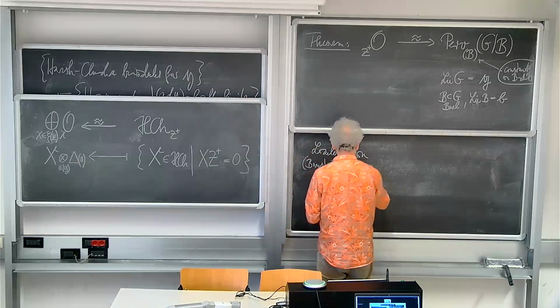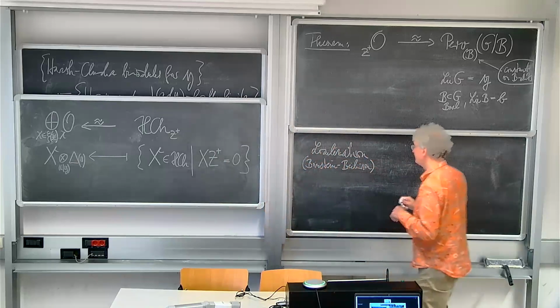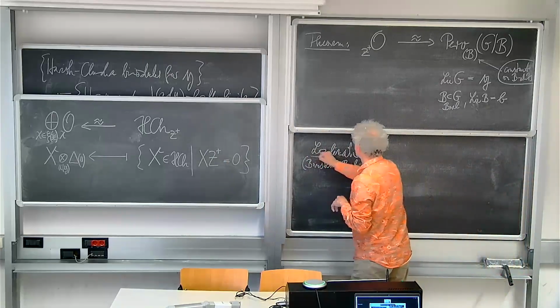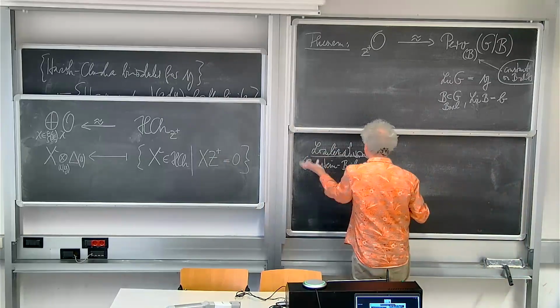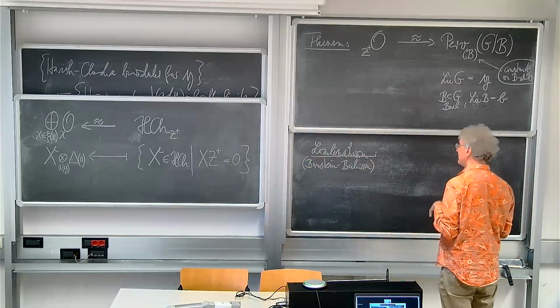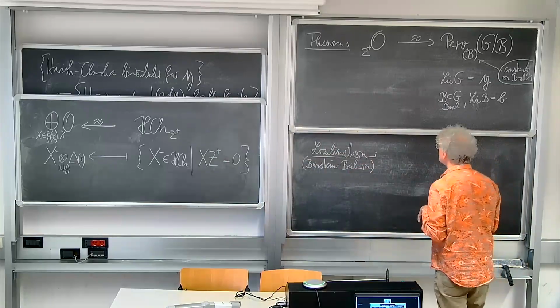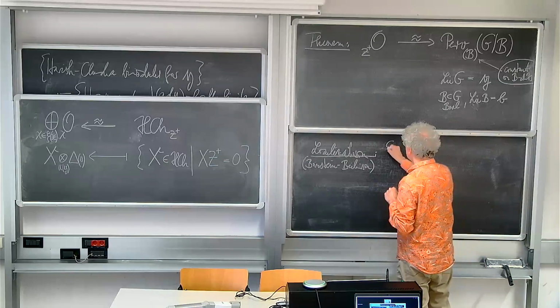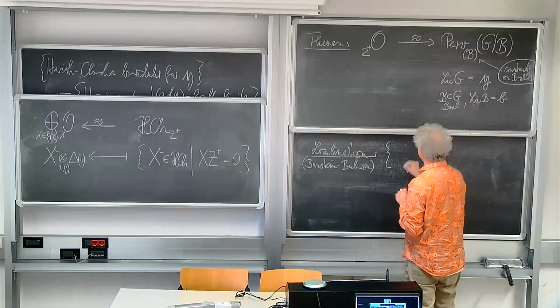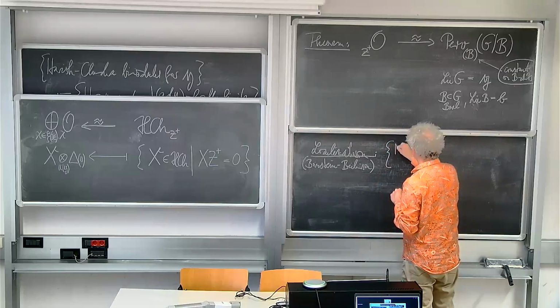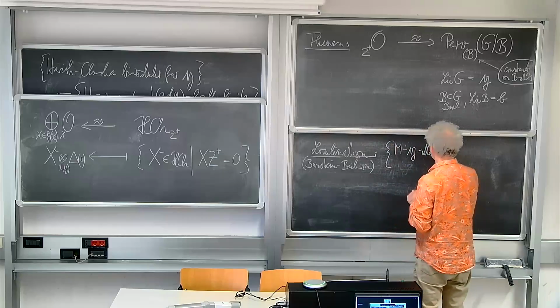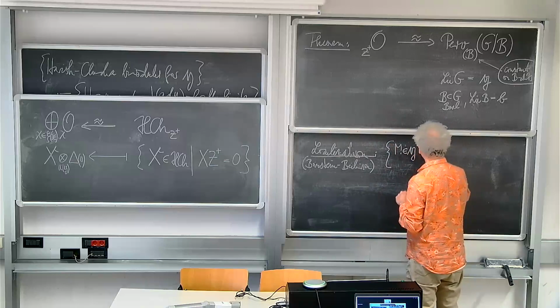Oh, I turned around the alphabet. Whatever. It tells us that the category of representations of the Lie algebra G, which are killed by Z plus,